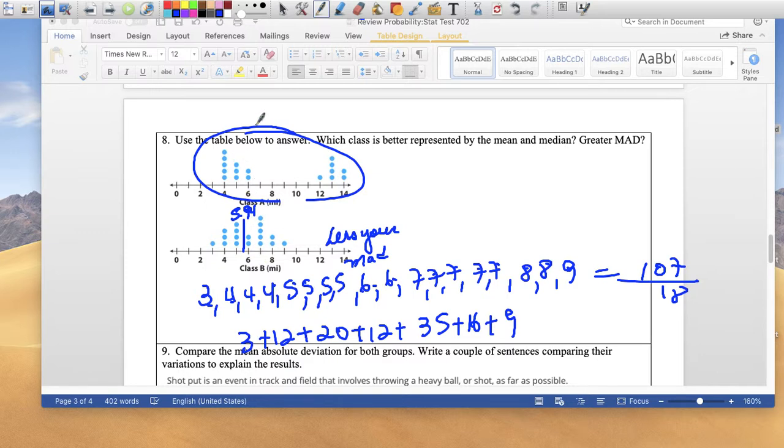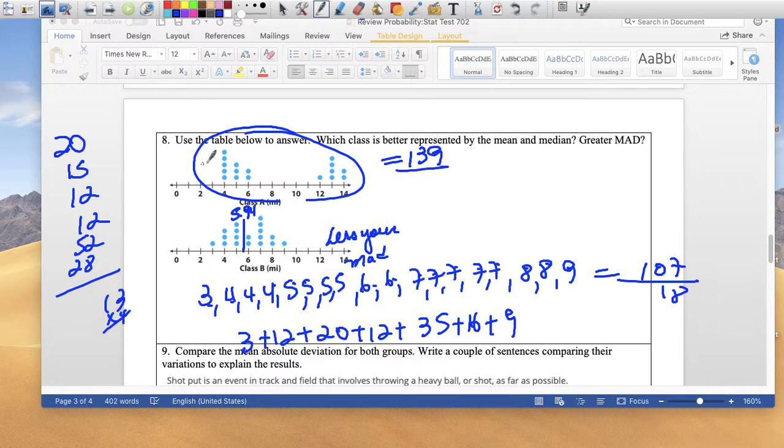But on top here, and just, I guess I'll do it. What is this? 1, 2, 3, 4, 5. So that's 20. 15, right? 2 sixes is 12. 12 is 12. 1, 2, 3, 4, 5. 1, 2, 3, 4. 4 13s. 13 times 4 is 52. And then there's 2 14s, which is 28. So if I were to add that up, 20 plus 15 plus 12 plus 12 plus 52 plus 28. So if I add all of them, it's 139 divided by 5, 6, 7, 8, 9, 10, 11, 12, 13, 14, 15, 16, 17, divided by 17